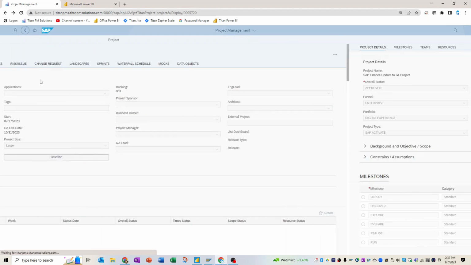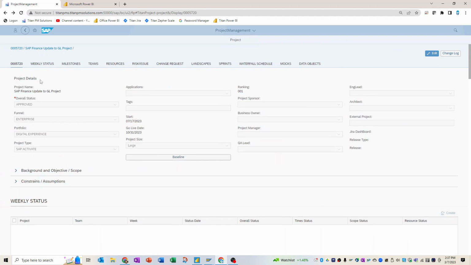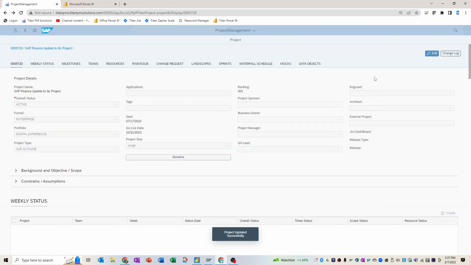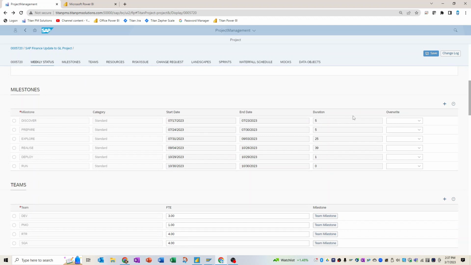Okay, so if we go back to our project here, once it has been approved, let's go ahead and make it active and pretend that we've actually started this project, and we save this project. Okay, so it's an active project now. We can actually go out and say, all right, well, we're getting into some of these phases, but you know something, let's